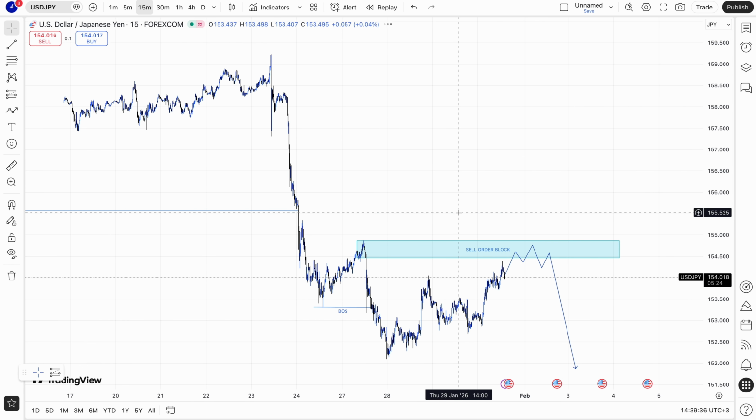That's it, guys. And you just have to be patient and wait for the price to come to our point of interest, then wait for the confirmation, then we take the trade confidently. So today I have PPM. I have to be very aware of it. It's low, but it's a little